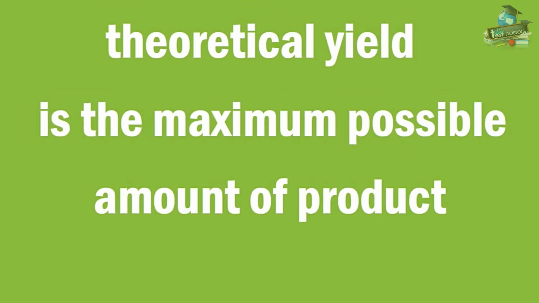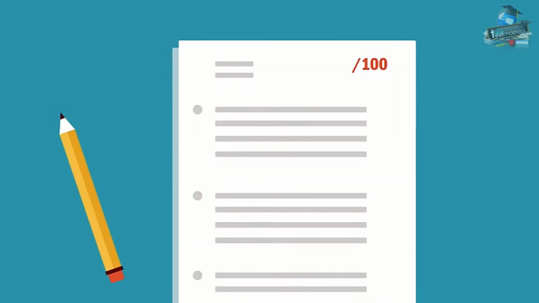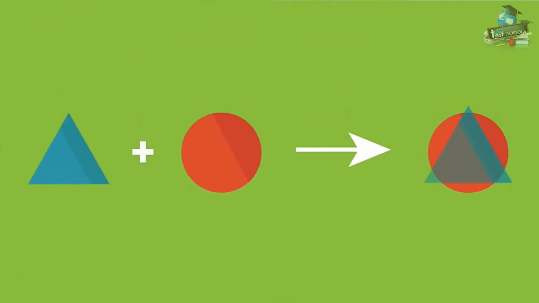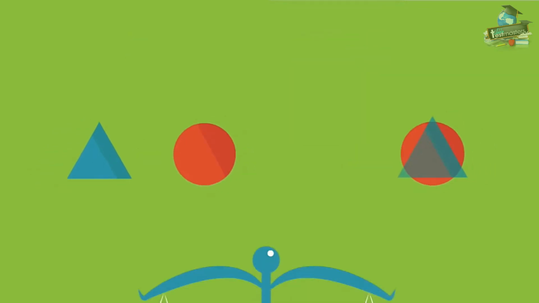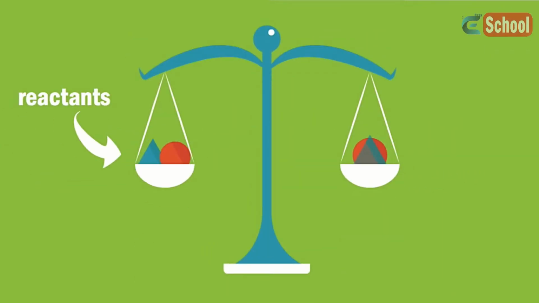The theoretical yield is the maximum possible amount of product that can be produced. Think of it like a test. You can never score higher than the maximum possible mark. You can calculate the theoretical yield from any reaction because the mass of the reactants used must equal the mass